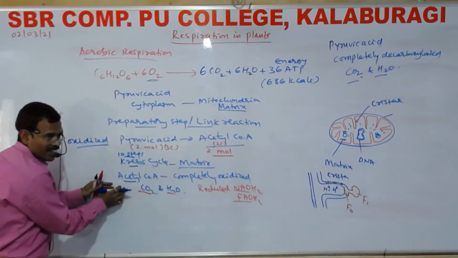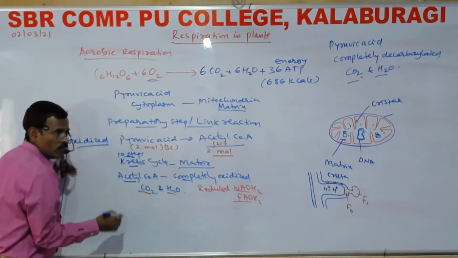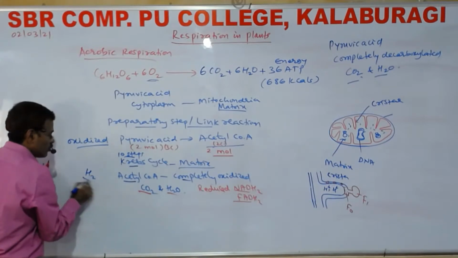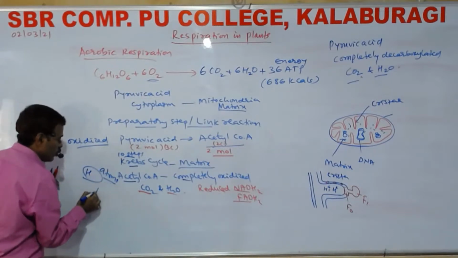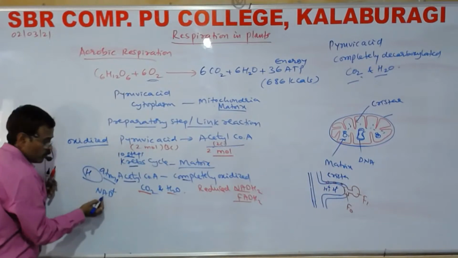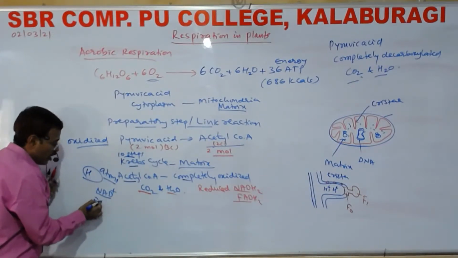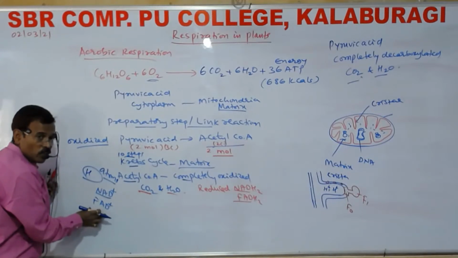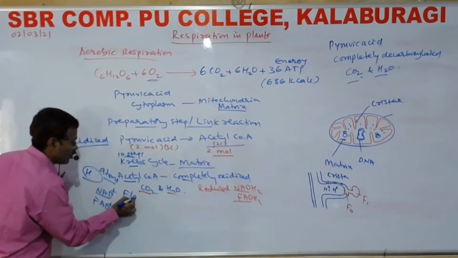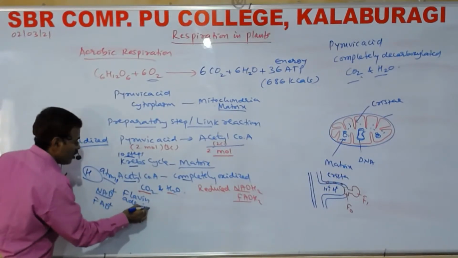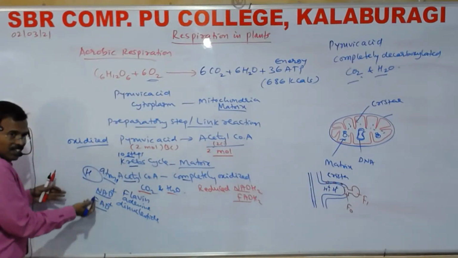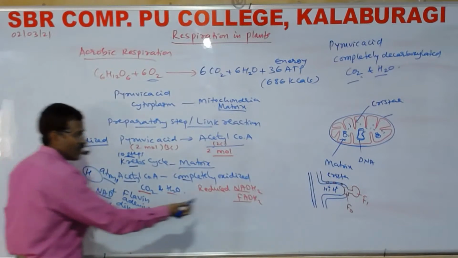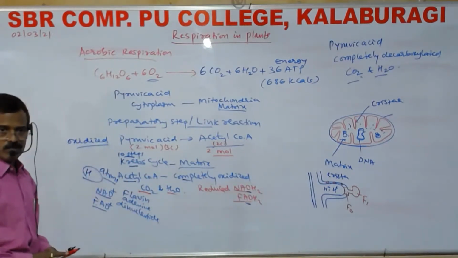During this oxidation, acetyl coenzyme A will undergo complete oxidation and turnover. During this, hydrogen atoms are removed. So these hydrogen atoms can be used to reduce oxidized nicotinamide adenine dinucleotide and oxidized flavin adenine dinucleotide. FAD is flavin adenine dinucleotide. These are oxidized coenzymes. When there is a proton and electron, they get reduced to NADH2, FADH2. So these are produced